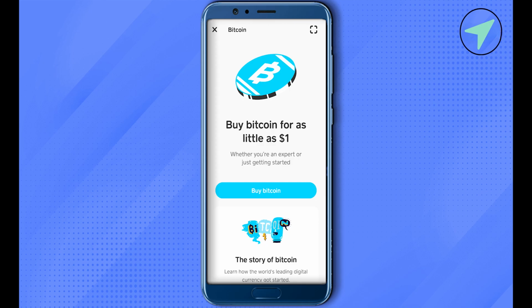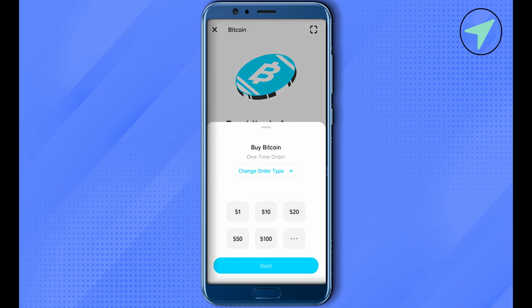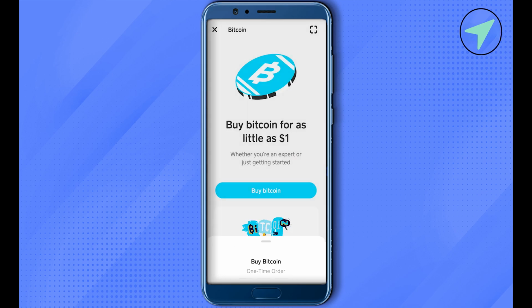After that, click on buy Bitcoin again, and now you need to just type the amount that you want to purchase, and this way you would be able to purchase the Bitcoin on Cash App using the funds that you have. Just get back in order to send Bitcoin to another wallet, and in order to send Bitcoin, just simply